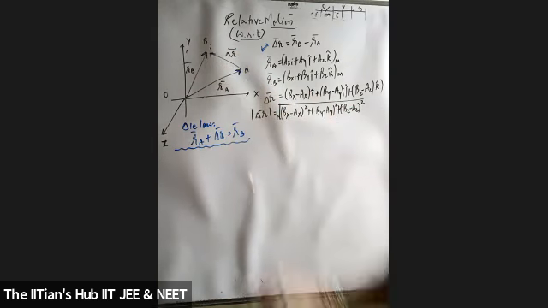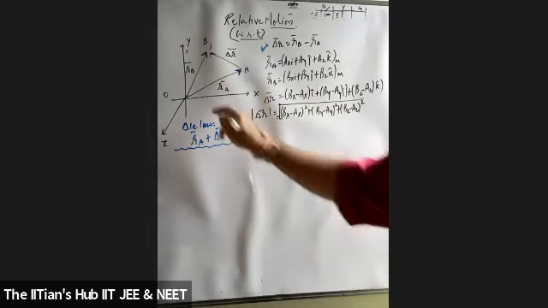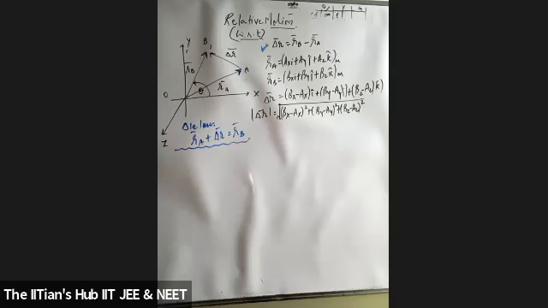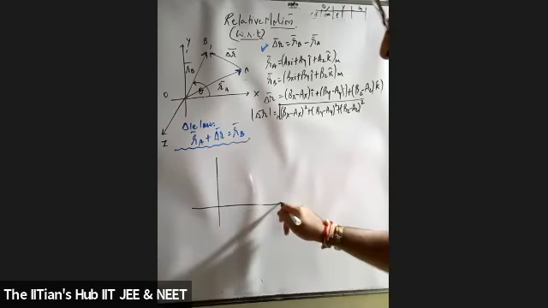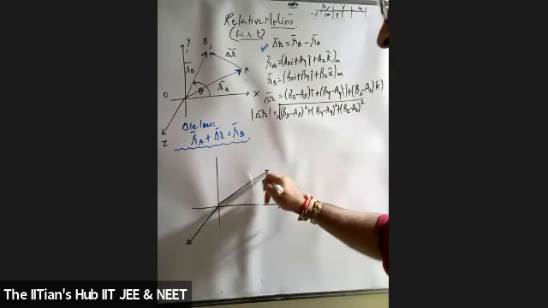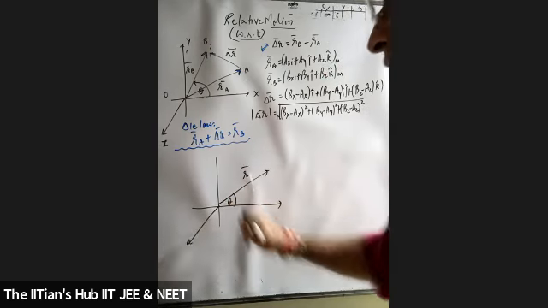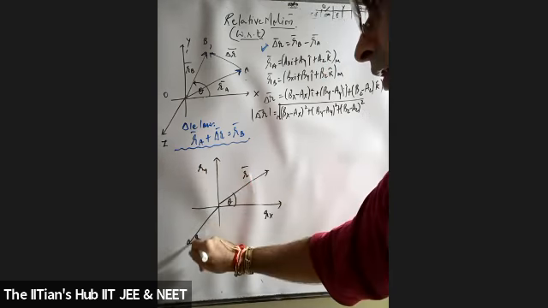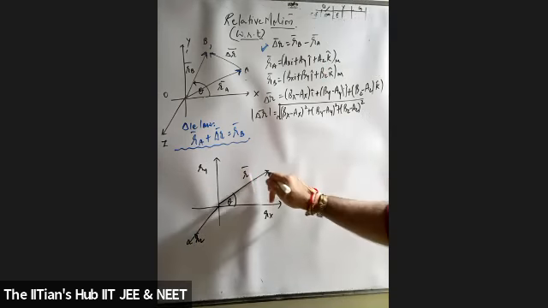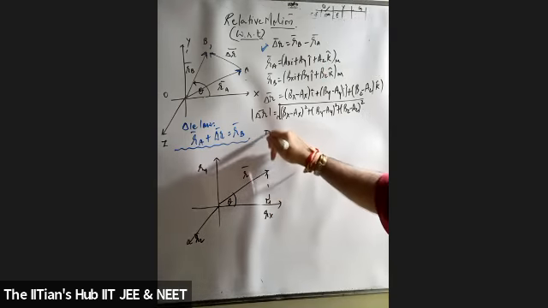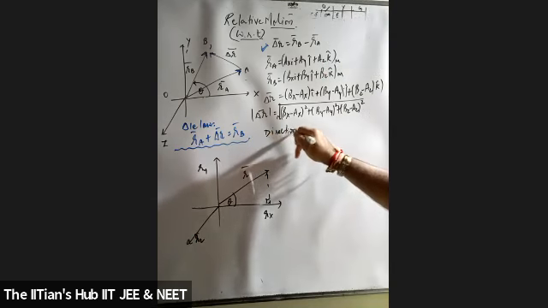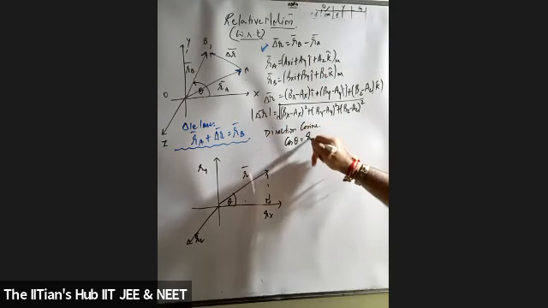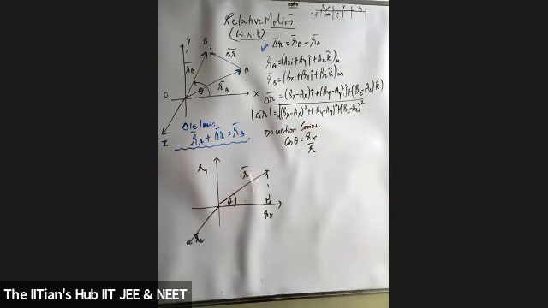Now see, I asked you for direction cosine, students. So what does direction cosine mean? Take this particular resultant with respect to angle theta with the horizontal. What did I tell you? In rectangular coordinates, this resultant forms an angle theta with the horizontal. So this is your Rx, this is your Ry, and this is your Rz. Am I getting it? Now if I drop a perpendicular, what are direction cosines? What is cos theta? Rx upon R. Yes. Am I getting it?